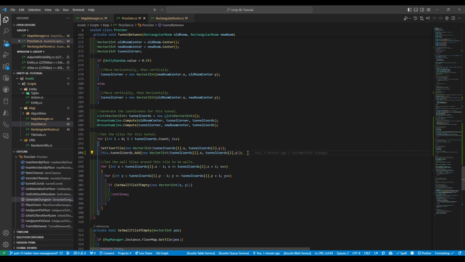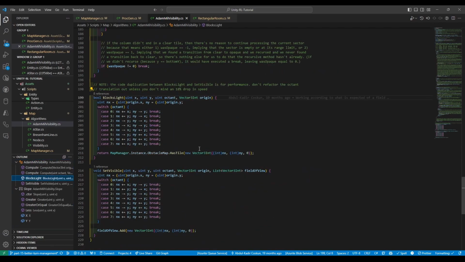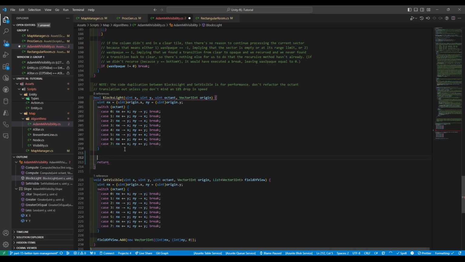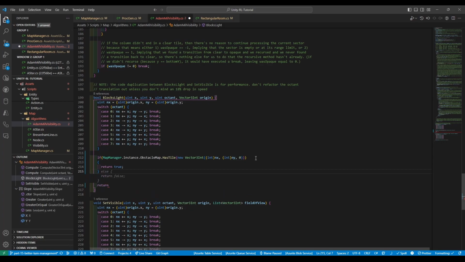So moving on, we're going to go to AdamMilVisibility, as we need to make sure that our compute is being used properly in regards to our interactable map, which can be easily done by simply going to our blocksLight method. And here, we're going to cut this and create a new if statement of map instance. So we're checking our MapManager to see if the obstacle map has a tile in that position, which will return true. Else